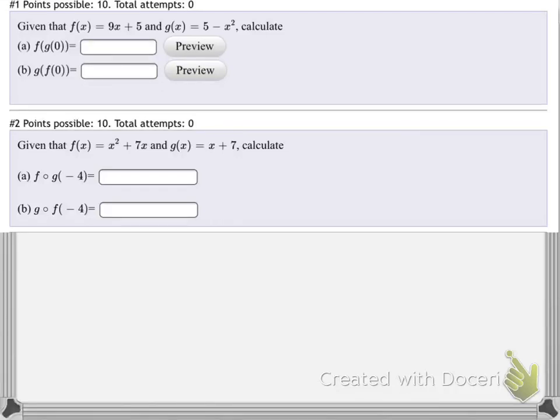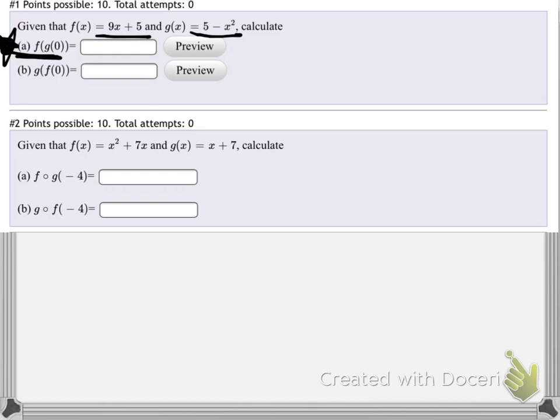Okay, so 5.1, here's my take on a couple of quick things. First we have to figure out, let's see here, f of x is 9x plus 5, and g of x is 5 minus x squared. We've got to calculate the following, and so f composed g, or f of g of 0, that means we're